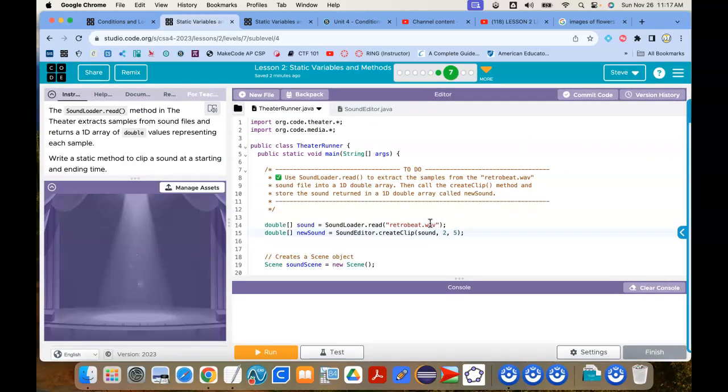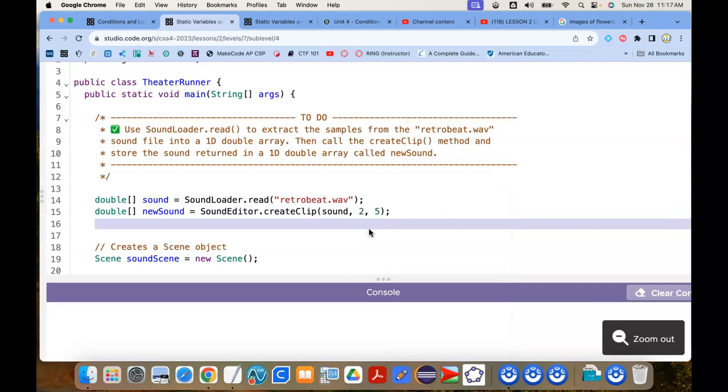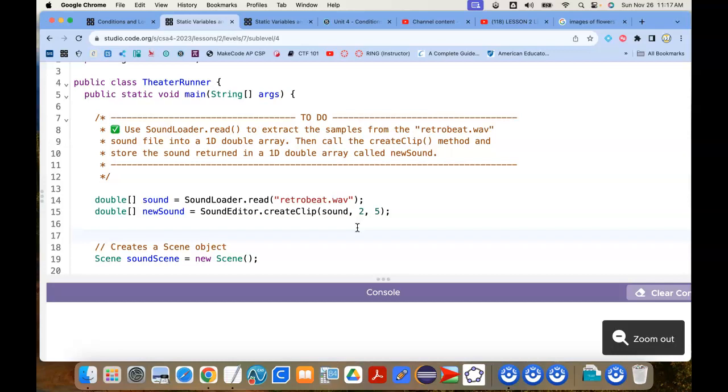Now, how do we do that? So the strategy is this. We're going to create an array that has just enough space in it to hold this 3 seconds of sound. It also depends on the number of things that are sampled each second. And it turns out that there are 44,100 samples done every second for this sound. And we're going to use that in the next